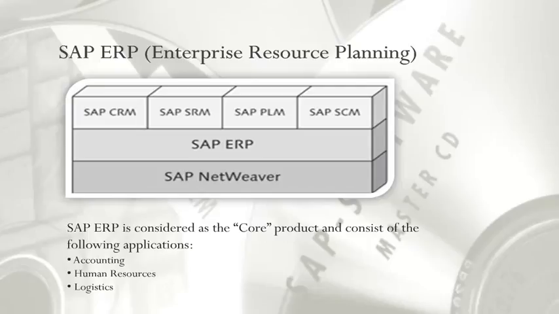Also a part of the SAP Business Suite is SAP NetWeaver, the foundation of the technical basis for SAP applications and business processes. As shown in this graphic, NetWeaver is the operating system that runs all applications and tasks for integrating users, information, and application activities. The primary applications within the SAP ERP suite are for accounting, human resources, and logistics. In the upcoming slides, you are going to get to see how these applications break out to form